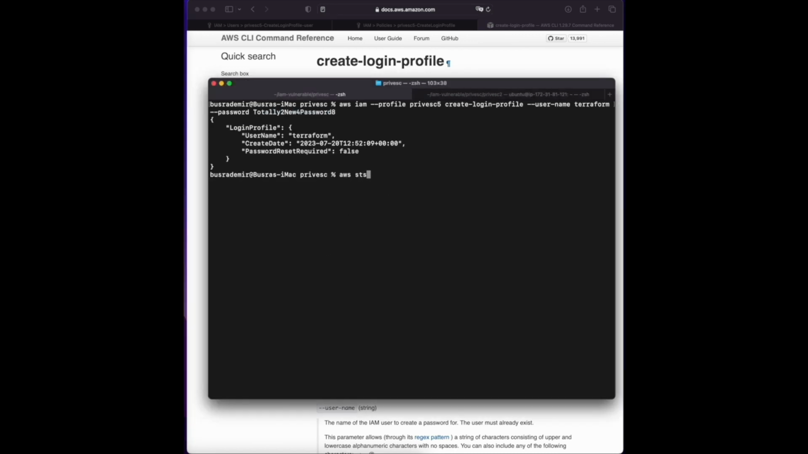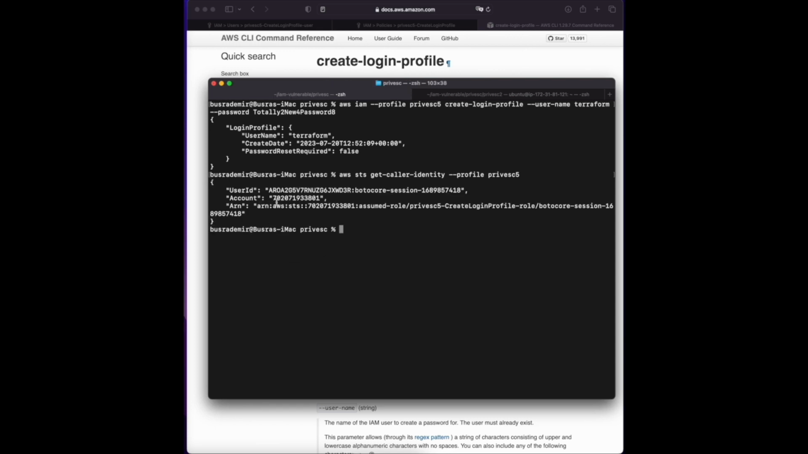At this point, we can run the following command to get the account ID or account alias, which will allow us to log into the AWS console. If we run this command, we will get the account ID and we have the username and password that we just set. So we can just go to the incognito or private